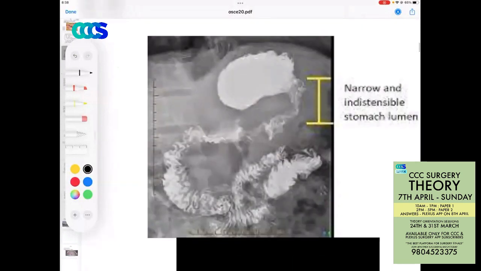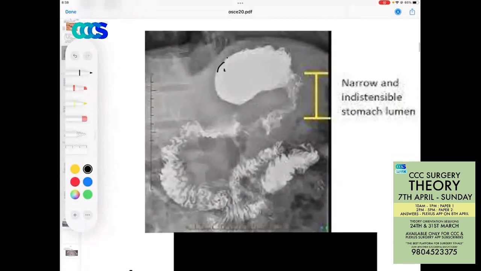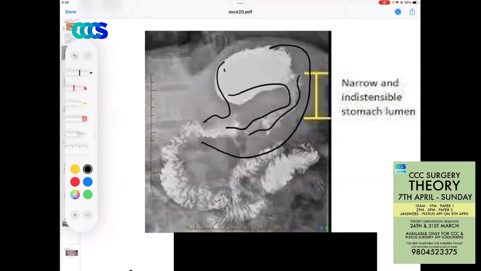is the picture. As you can see, the barium picture shows you that this is a part of the stomach which should be something like this, but the rest of the part of the stomach is